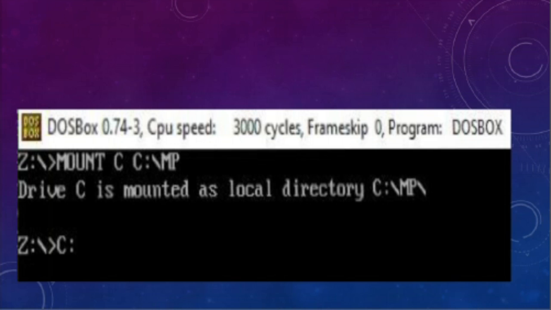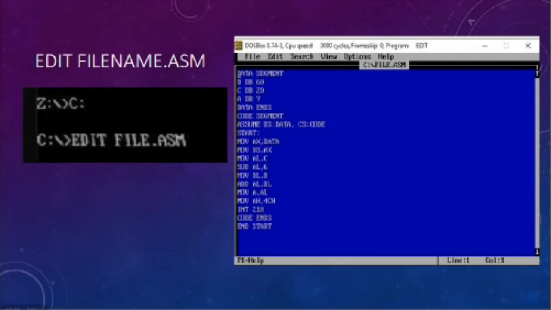So this Z: will become C:. Then, while executing the next part of the program, the drive changes from Z to C.